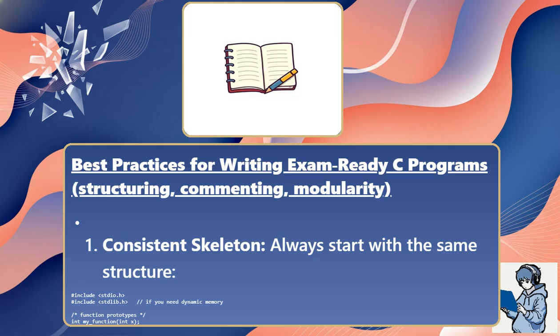Consistent skeleton: always start with the same structure: #include <stdio.h>, #include <stdlib.h> // if you need dynamic memory, /* function prototype */ int my_function(int x); int main(void) { /* body */ return 0; } /* function definition */ int my_function(int x) { return x + 1; }